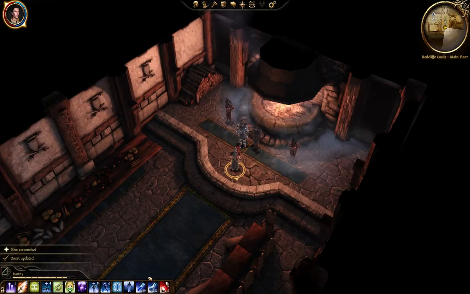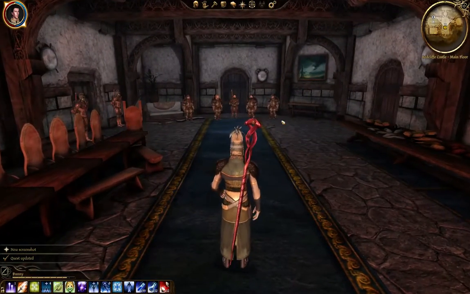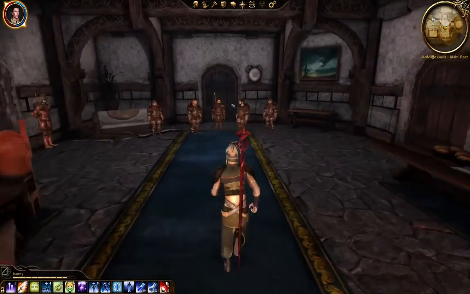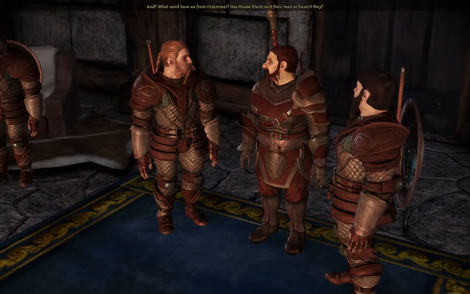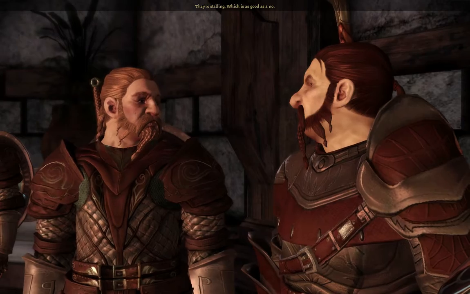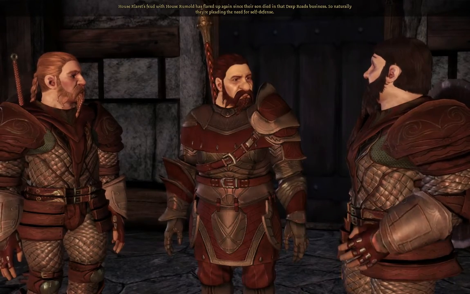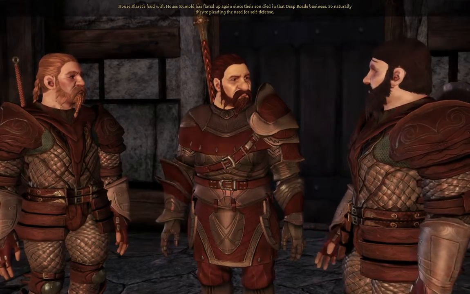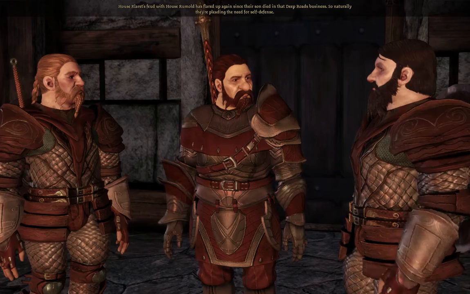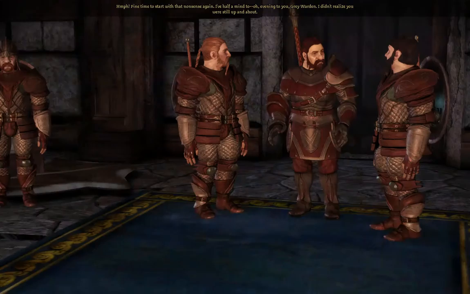I do like the way Danny looks now. It's better than his old robes. Ooh. Dwarf Commander. And what word have we from Orzammar? Has House Clorette sent their men or haven't they? They're stalling, which is as good as a no. House Clorette's feud with House Romald has flared up again since their son died in that Deep Roads business. So naturally they're pleading the need for self-defense. Fine time to start with that nonsense again. I've half a mind to...